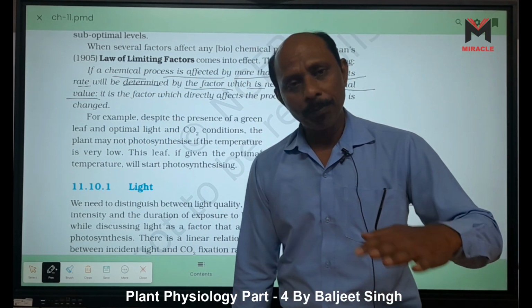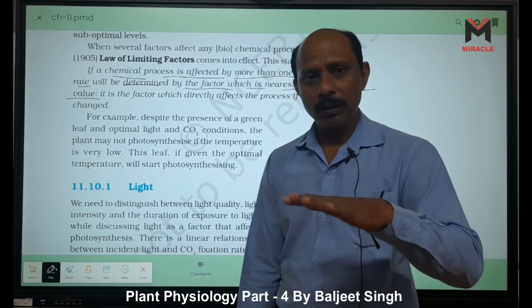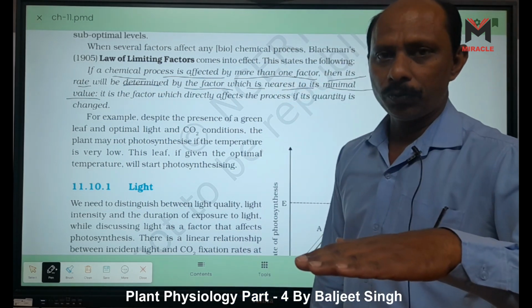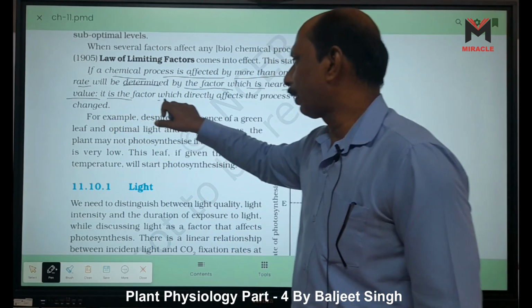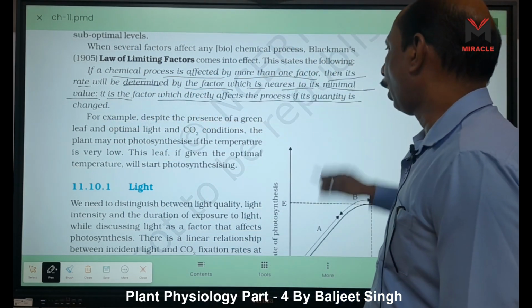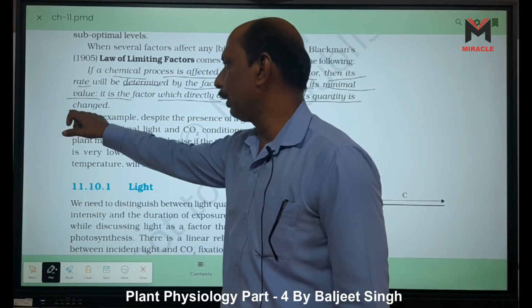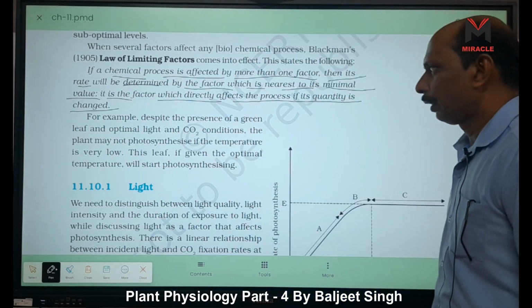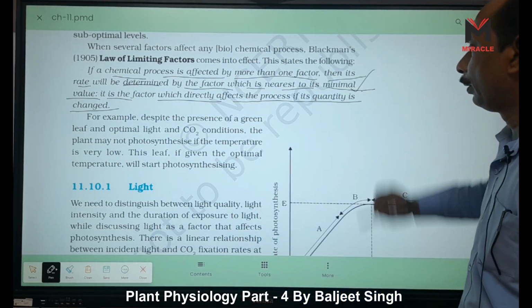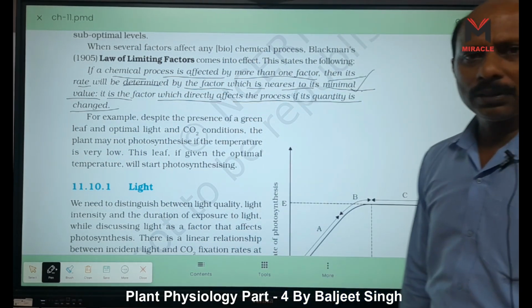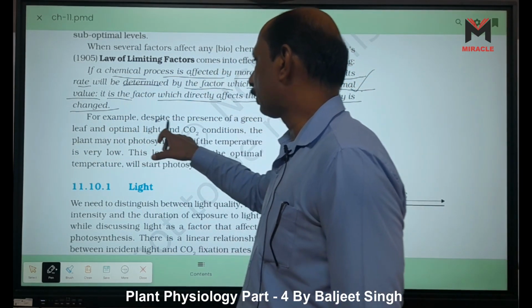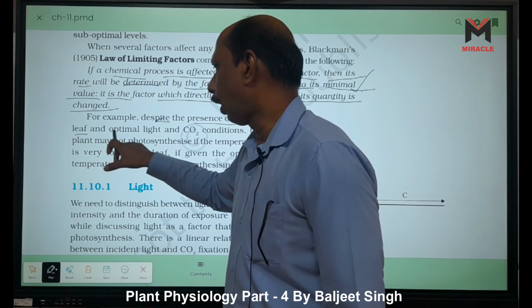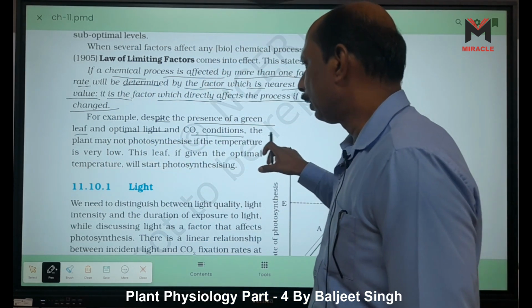If CO2 is absent, photosynthesis is at the minimal range. CO2 absent means it stops. When we provide CO2, it starts, right? It is the factor which directly affects the process if its quantity is changed, right? So the minimum substance becomes the limiting factor. For example, despite the presence of green leaf, optimal light and CO2 conditions, the plant may